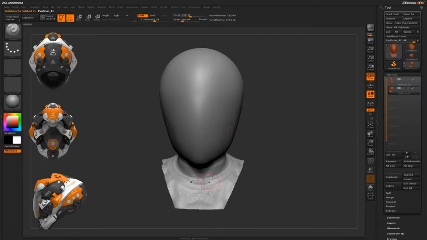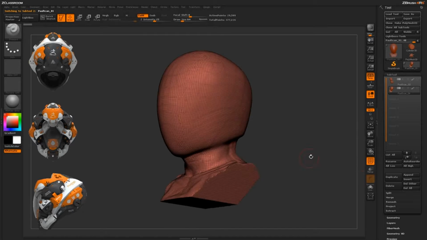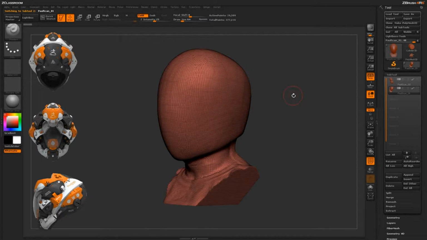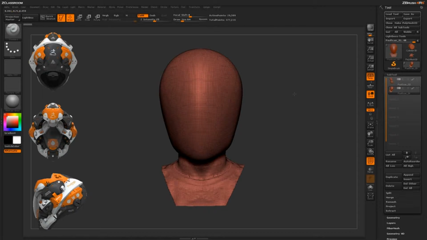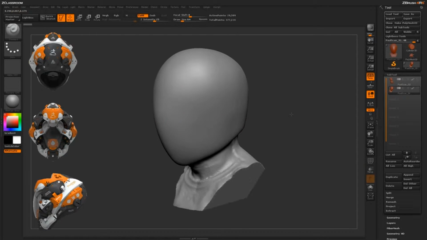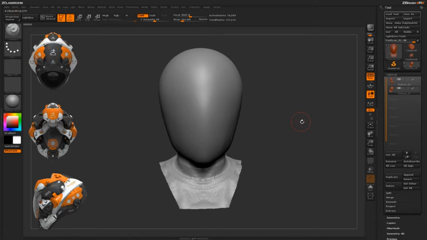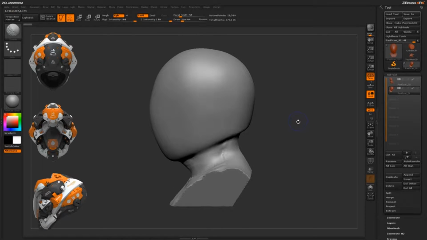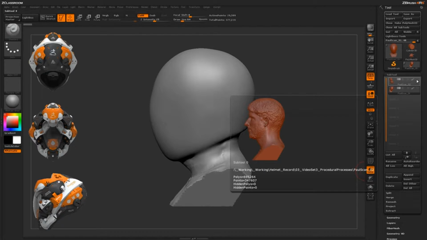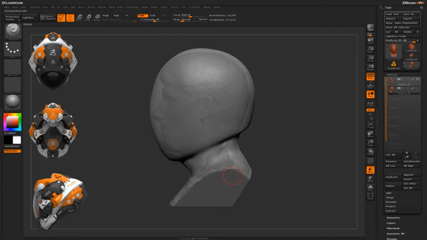So I took the scan data, did a mirror and weld. I also went through and re-dynameshed that object, so I have a nice even distribution of polygons across the entire surface. And I've gone through and scrubbed out the details that Paul had on his face. So if I turn to the side here and then turn on transparency and turn off ghost, and then come over here and turn on the scan data, you can see that I've basically created a shell that fully engulfs